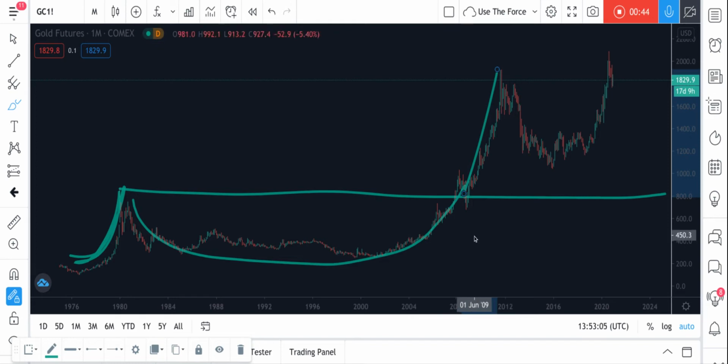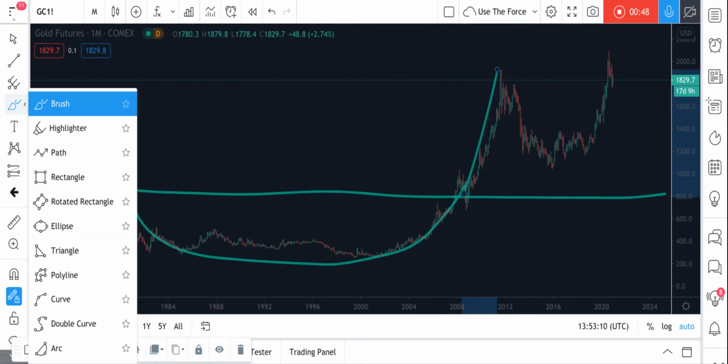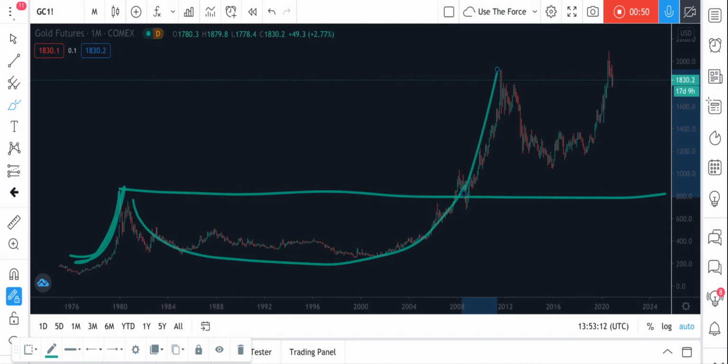I don't really think that correlates with too much, but it's been a busy couple of decades. And then uber bullish medium term, again a nice cup, and now we're forming this handle. I wasn't sure we were going to get this handle, but we have now. So it's a really bullish chart.